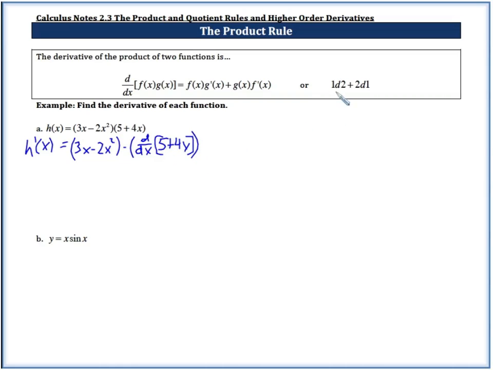Okay, so that's the 1d2. And we're going to add it to the second function, 5 plus 4x, times the derivative